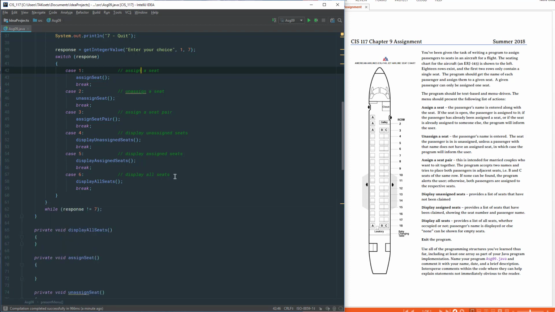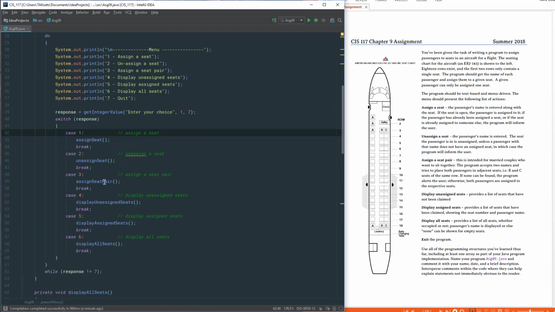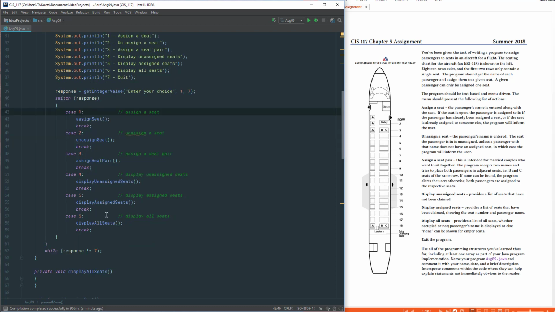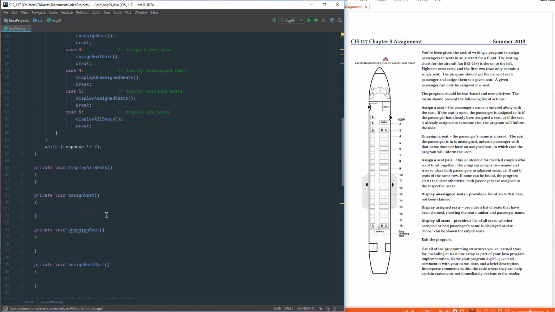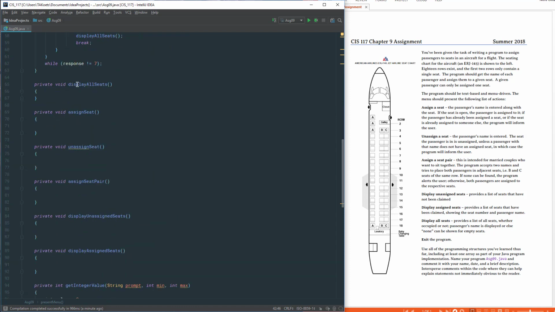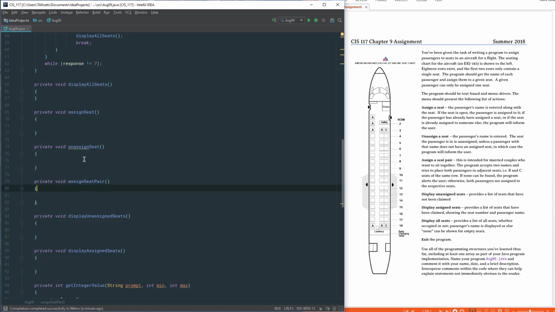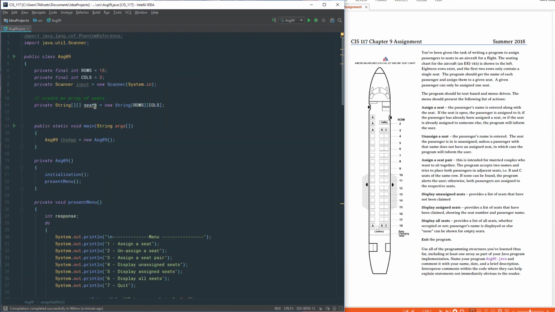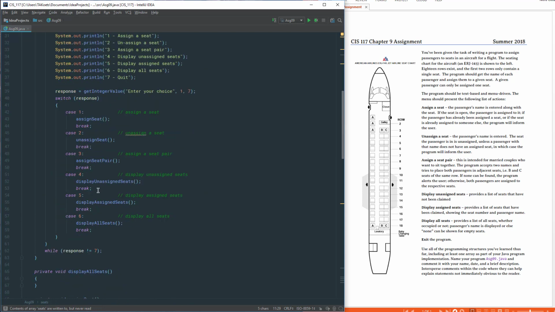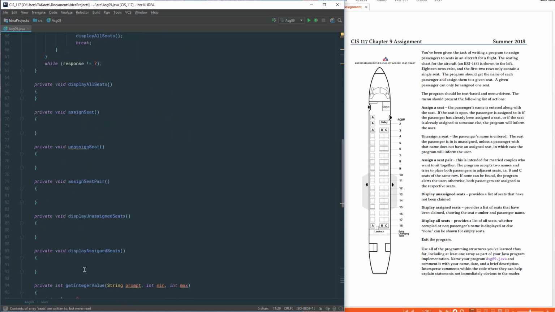So this gives me a bare bones framework to start with. Now I've got something that presents a menu, all my choices have functions that get called, and everything is validated. So the only thing I have to do now is implement code in these methods. I have my array of seats, and now it's just a matter of, as I say, implementing each one of these methods. I'll show you how to do some of these methods. Won't do them all, but I'll show you how to do some of these